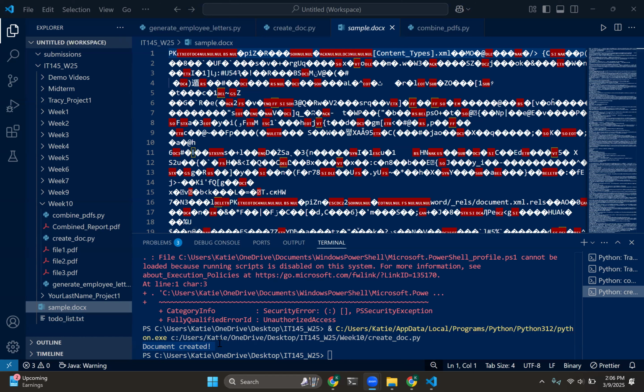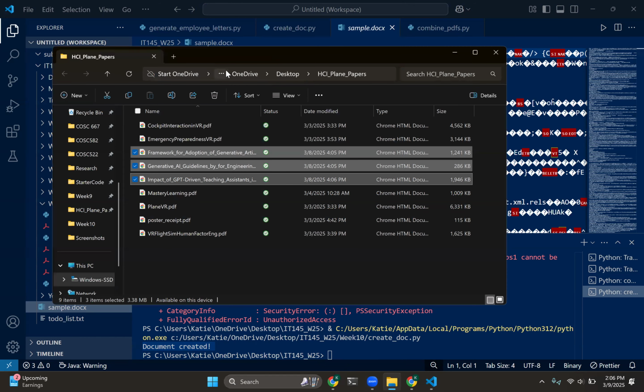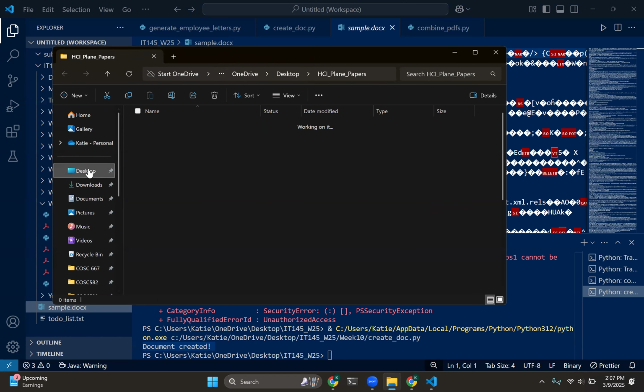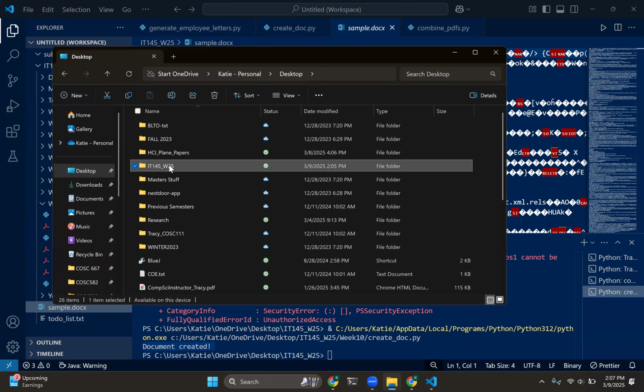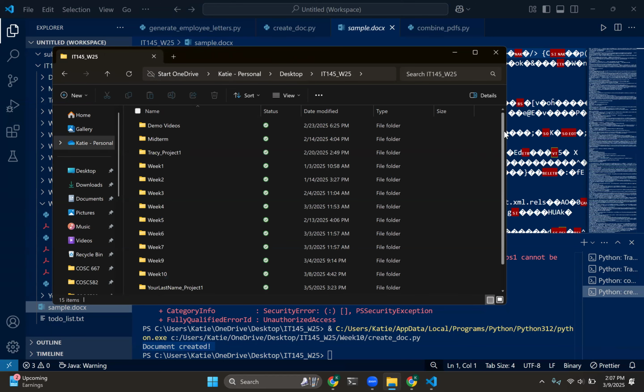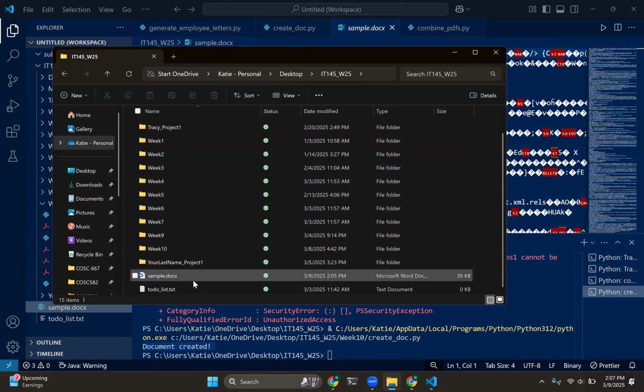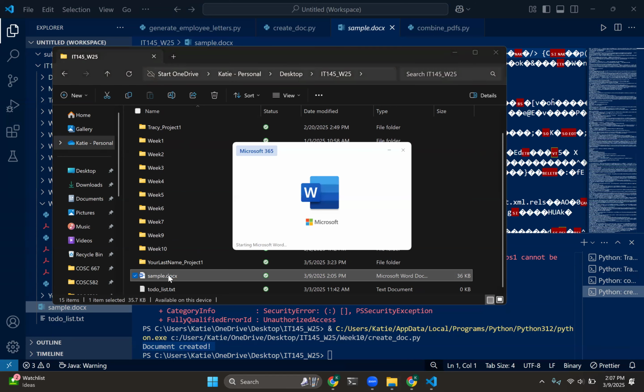But if I go to the location in my directory, like my folders, and find sample.docx, and I know it's in my IT 145 Winter 25 folder. So I just have to know where that is, which I always put my current semester's directory on my desktop so I know exactly where it is. So if I click on